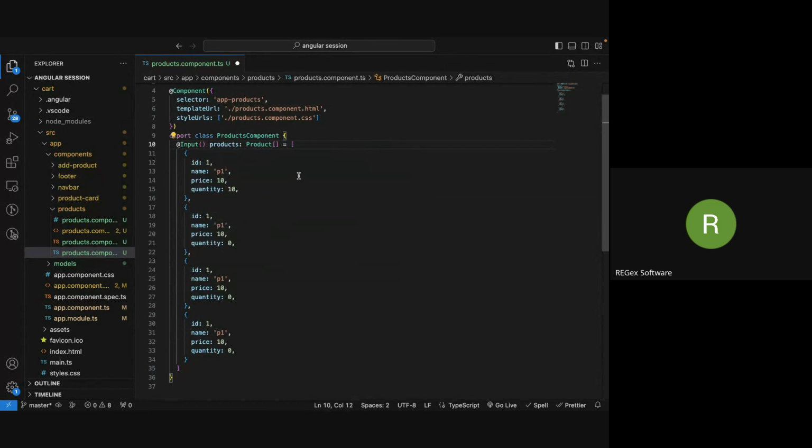You will get this products. Okay, by default, let's just copy it up. Let's copy the entire thing. And coming to the app